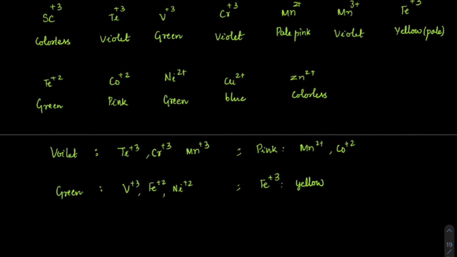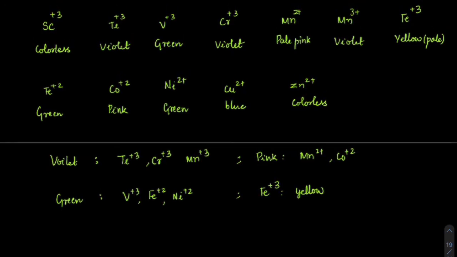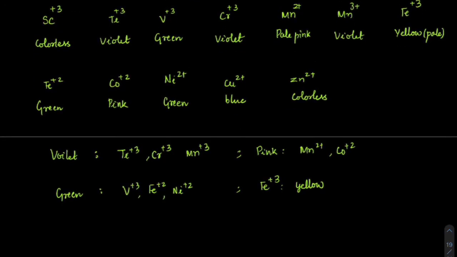कोई violet भूल गया क्या मैं? I remember it that way. That is violet. How many are there? 1, 2, 3. 3 only, right? Okay. Only 3 violet. 3 green, 2 pink, 3 violet, 1 yellow. Is that clear बेटा? So उसको थोड़ा सा रटना पड़ेगा. इसको ऐसे याद कर लो, यहाँ से ग्रुप करके याद कर लो. Violet कितने, green कितने, pink कितने, Fe plus 3 कितने.